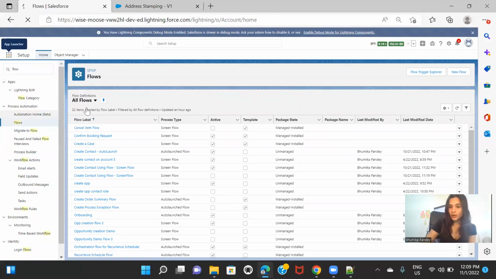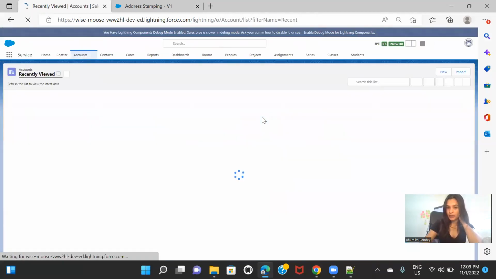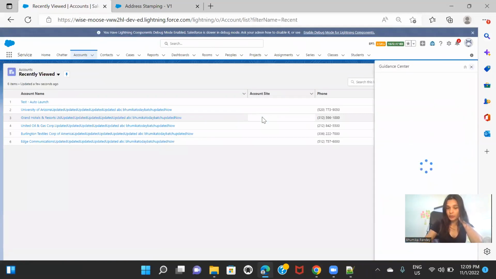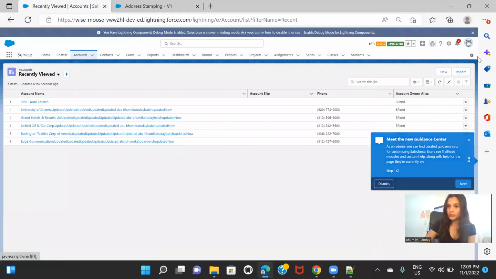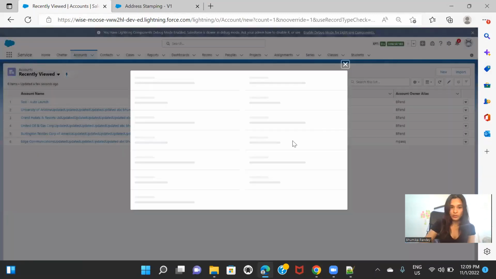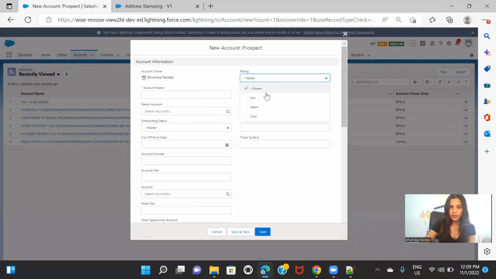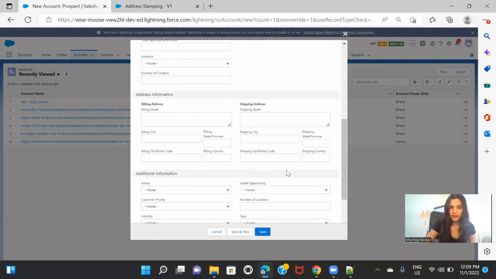So we are going to create a new account record, and we will keep in mind the entry criteria that we have to set the account rating as hot in order to make the flow work. So let's click on new, rating. Let's set it to hot. Found from flow. All right, and let's provide the billing address. We are going to provide only the billing address, and we'll keep the shipping address blank, so that we can check if all the values from billing address are getting populated to the shipping address or not. Okay, so billing street, let's just say second,